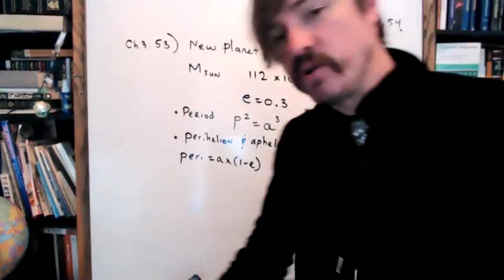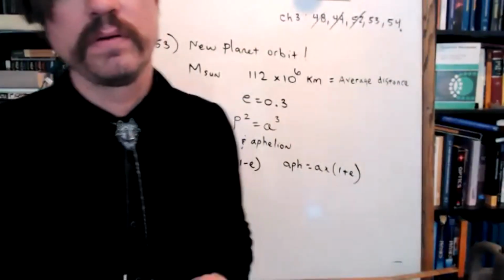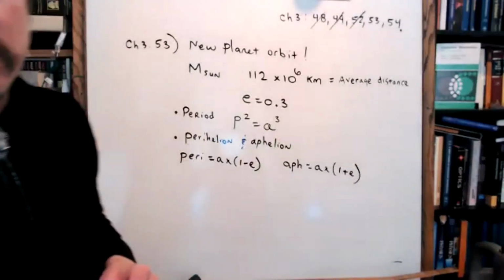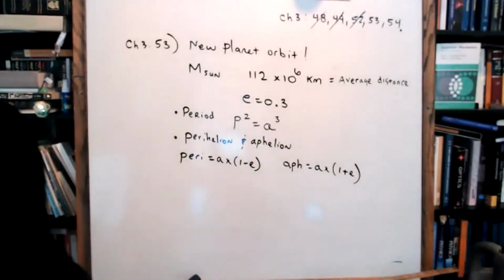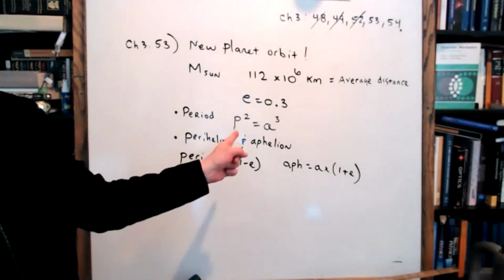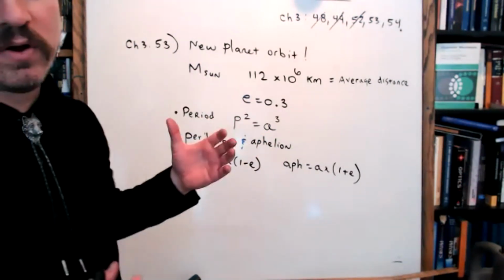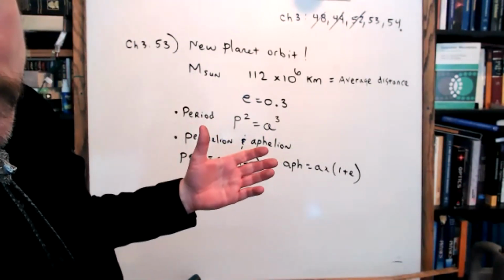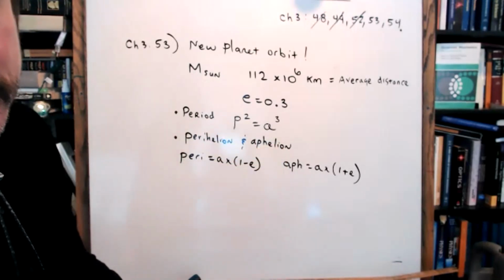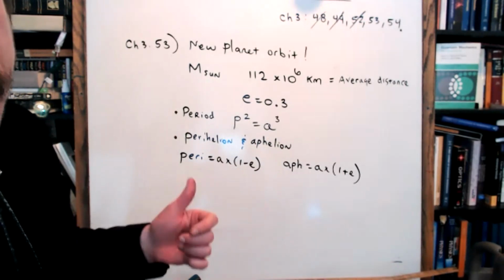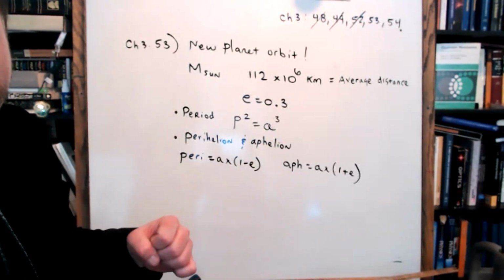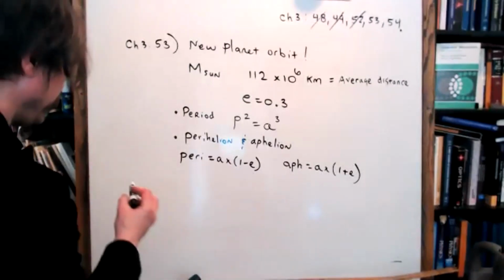Why don't you just go back to your notes where I defined P squared equals A cubed and see what it says underneath them. One's year, one's AU. Okay, what else did I say? P squared equals A cubed. P is the period of the planet in years and A is the average distance of the sun to the planet in AU. Okay. So which letter did they give us then, Kim? They gave us the distance. Which is what letter? A. Which is A. That's what I wanted to say.